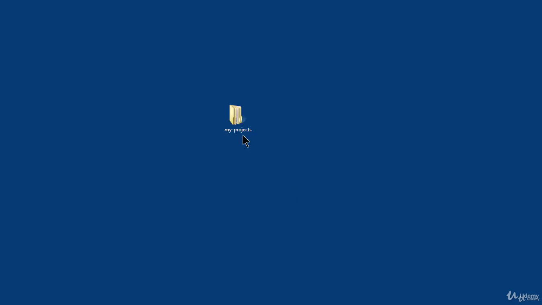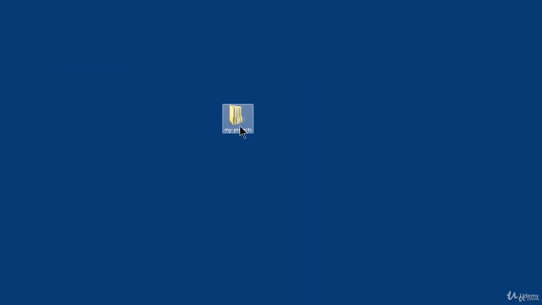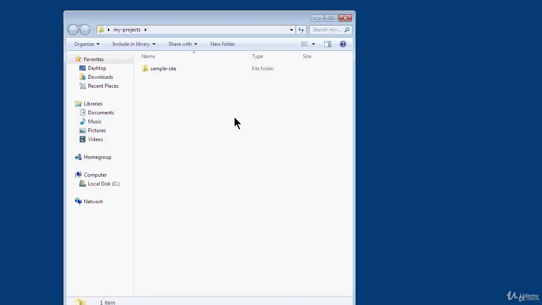Once you've done that, open up the folder and create a project folder. This outer folder will be a container for all the website projects you want to create. It's always a good idea to keep all your projects in one location. So if I open that up, I've created another folder inside this folder basically the same way: right-click, go new folder, and then give it a name. I've called it